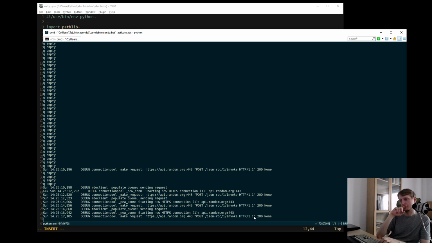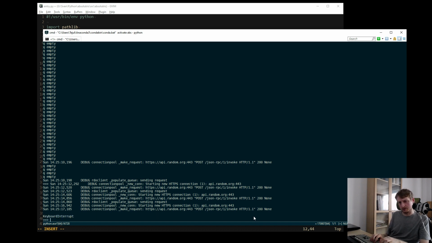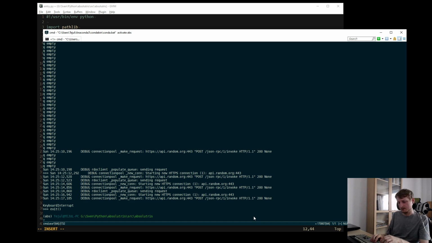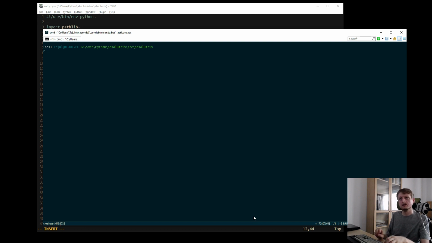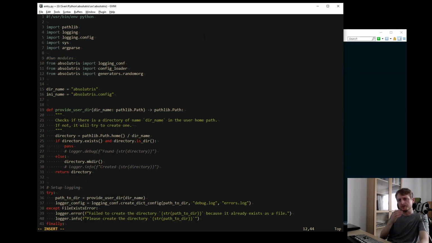Am I? It's been a while since I've worked on this, and I might be somewhat confused here. I don't know properly how to import my own modules here. Import logging config. Okay, import generators.